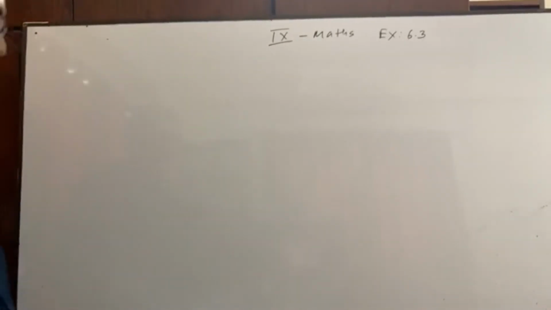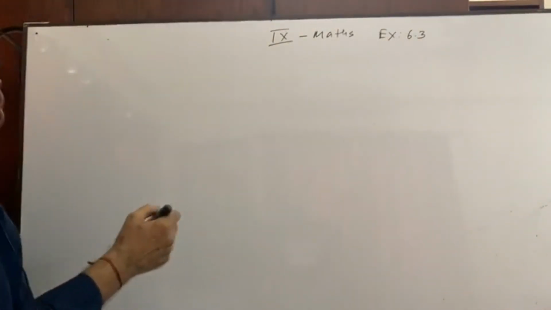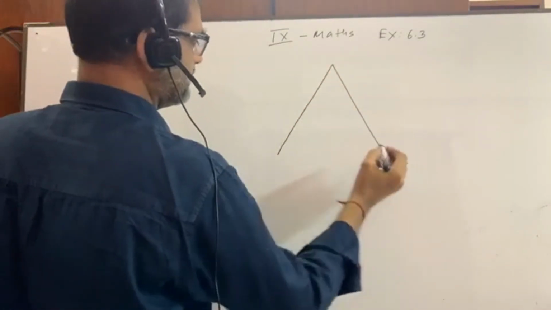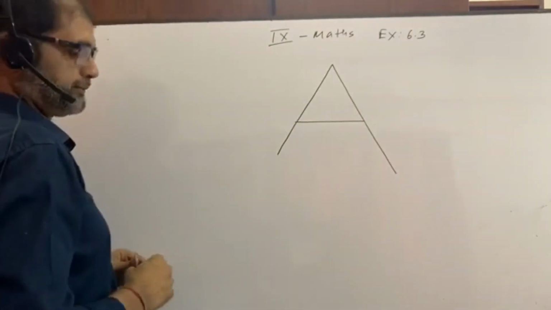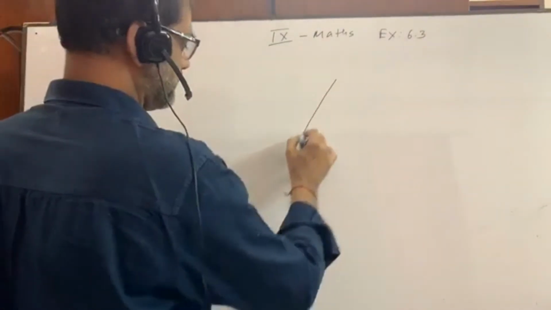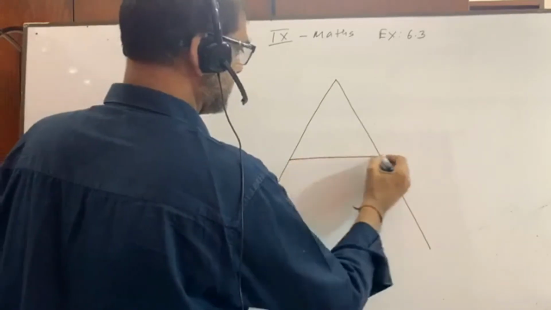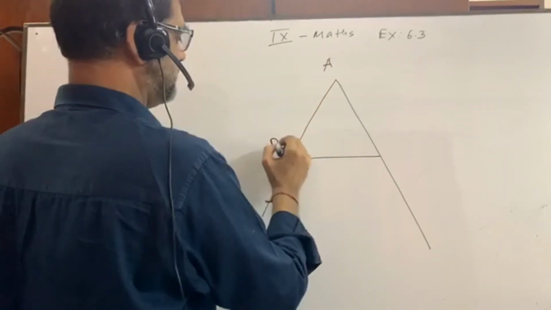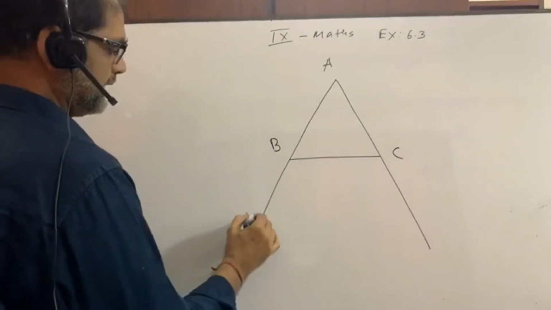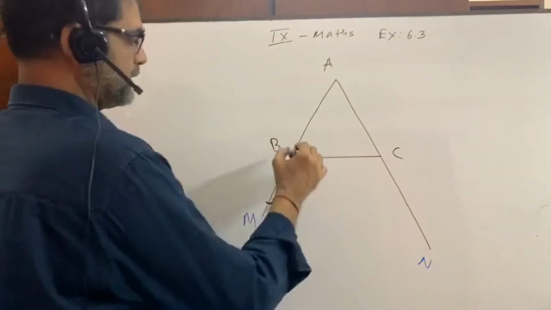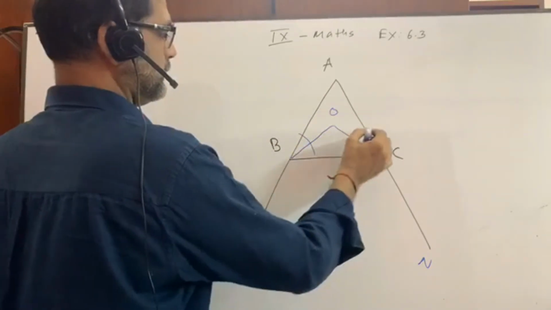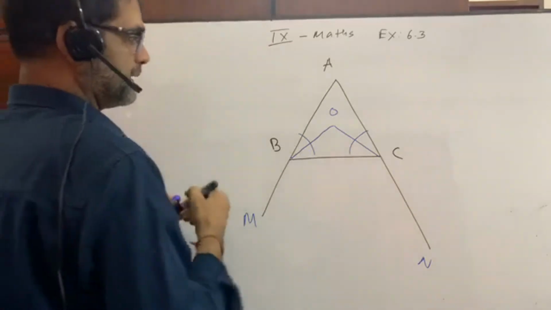Now for the last two maths, what we have come to know, you see that I am going to draw the two figures at the same time. You see, this is a triangle. I am going to draw it a little bit larger so that you can get it. Suppose this is a triangle ABC, and it has been extended up to M and up to N. Can you remember, by their internal bisector,